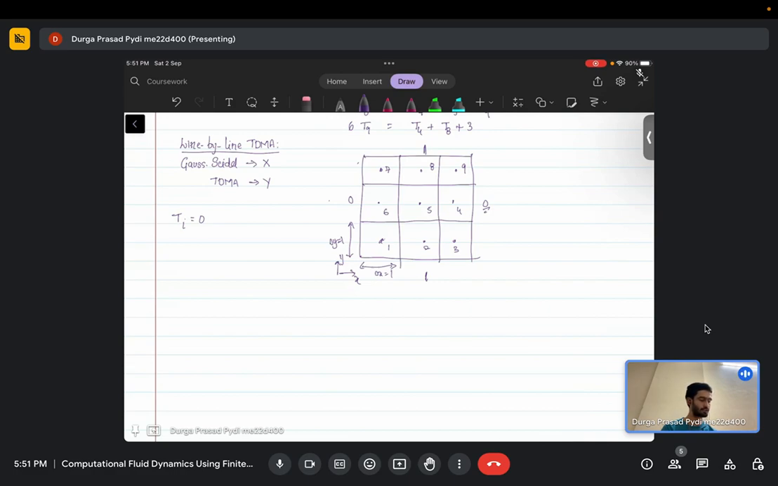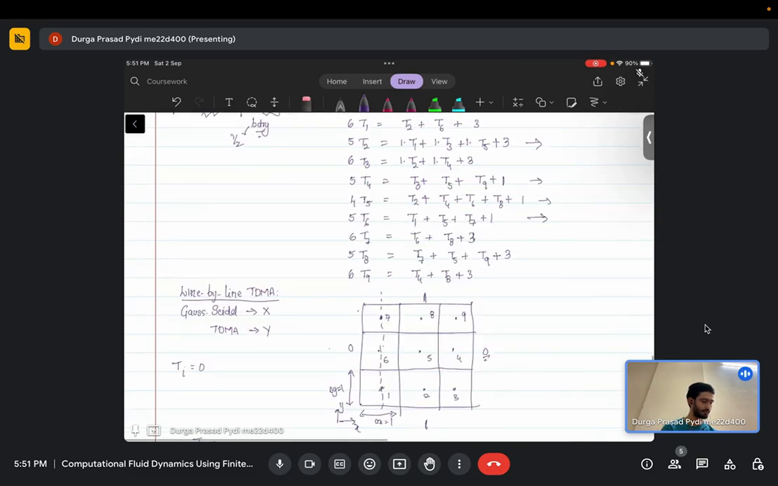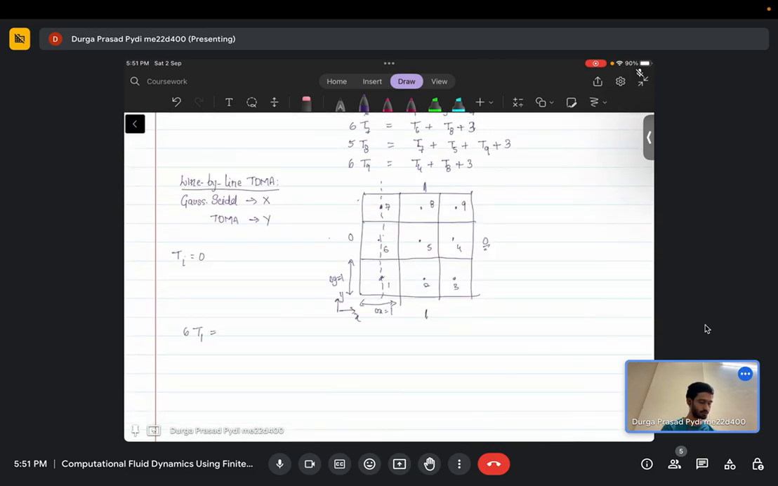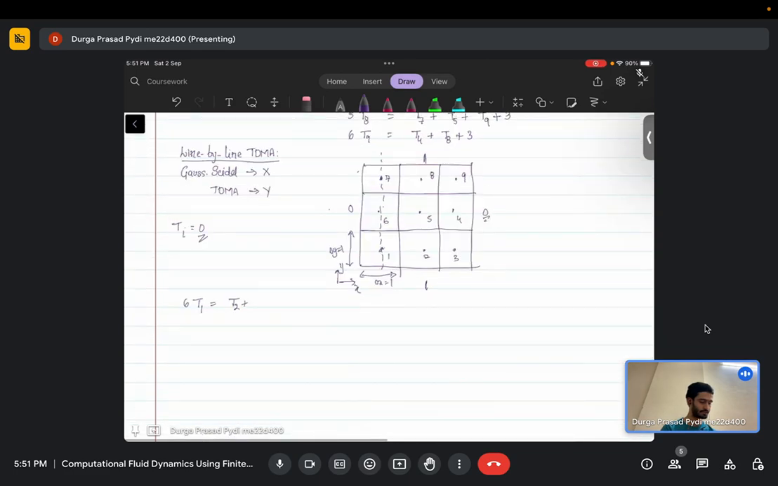So I have 3 equations. If we take along this line, what is the equation for T1? We have 6T1 equals T2. T2 is not along that particular line, so we take the value of the initial guess for that value. The original equation is T2 plus T6 plus 3, but instead of this equation, what we will be